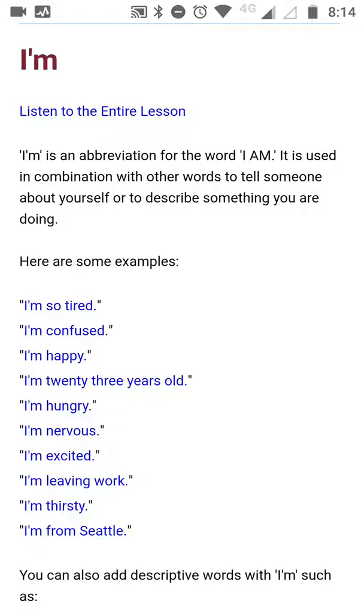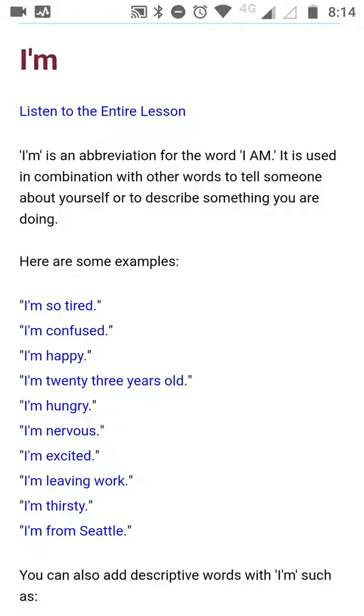Today I will be talking about the usage of the word I am, or I'm. You would have seen it a lot in the English language, and this is basically an abbreviation of the words I am, and it is used in combination with other words to tell someone about yourself or to describe something you are